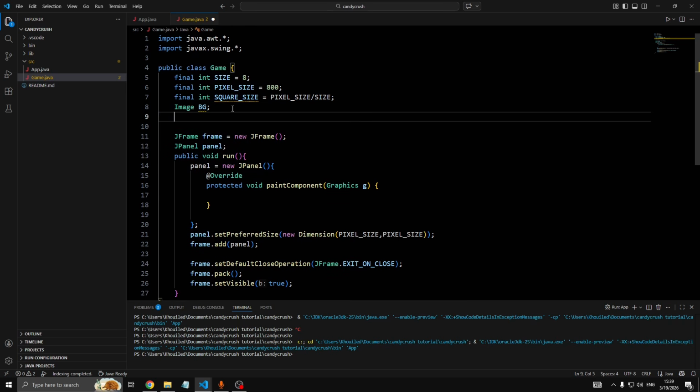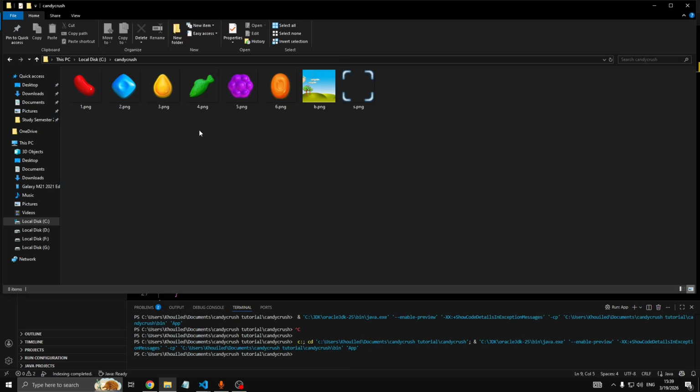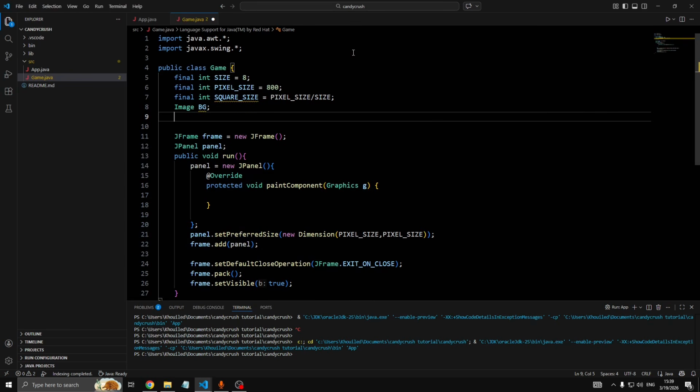We also need our, actually I have the images right here. Hold on. So these are all the images we're going to use. We have 6 types of candy numbered from 1 to 6 PNG, and we have our background image, which is PNG, and then our selector image, and this is the image that is going to be drawn over the selected piece. So we're going to need to define this one as well. Now, let's just define that selector image,